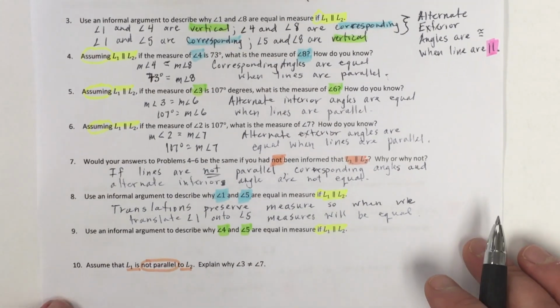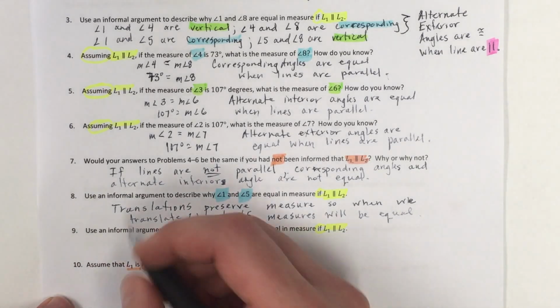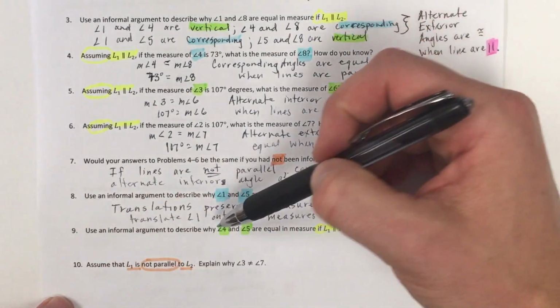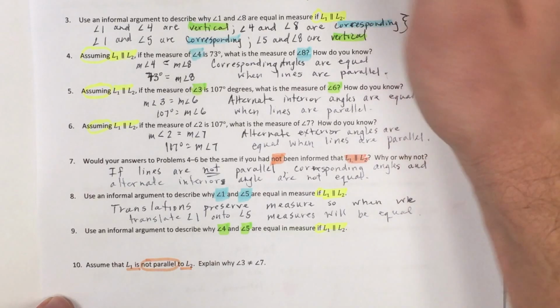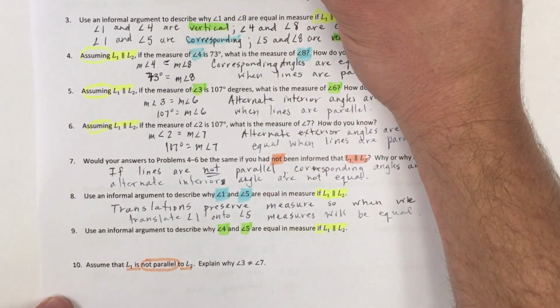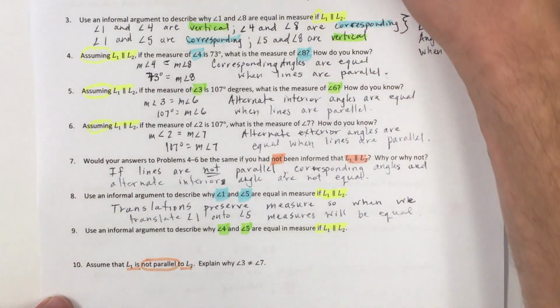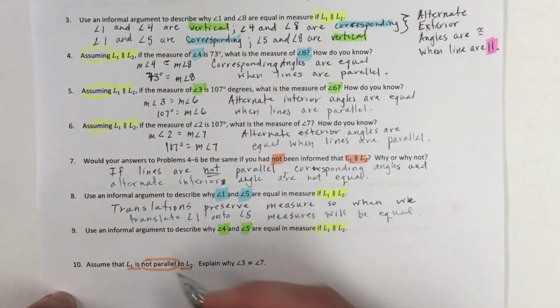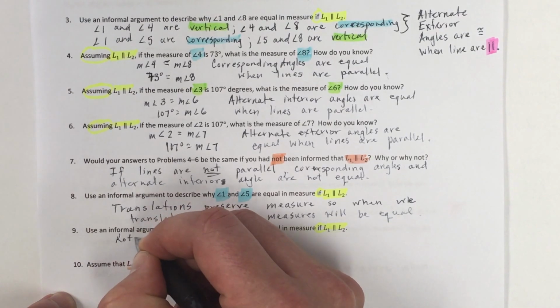This also helps us with number 9. So number 9 says 4 and 5. So I look at this. Basically what I can do is I can rotate 4 180 degrees and it'll lie right on 1. And then 1 translates down onto 5. So it's a combination of two rotations